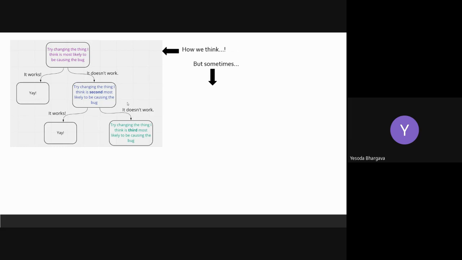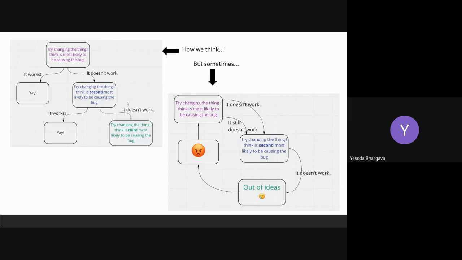Sometimes, however, we can quickly run out of guesses if we follow an unsystematic approach. Most often than not, we land in a situation in which we have tried to change something, but it doesn't really work, and we keep on pushing for it. A time comes when we are really out of ideas, and it is very easy to get frustrated and deeply upset about the fact that we have not been able to locate the problem and solve it.